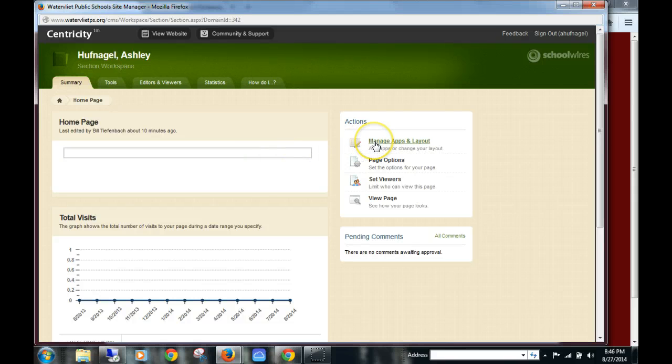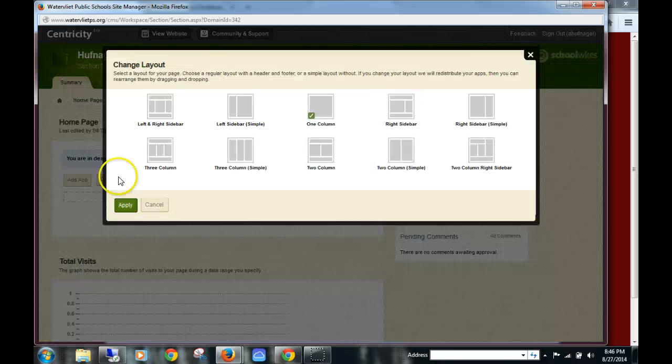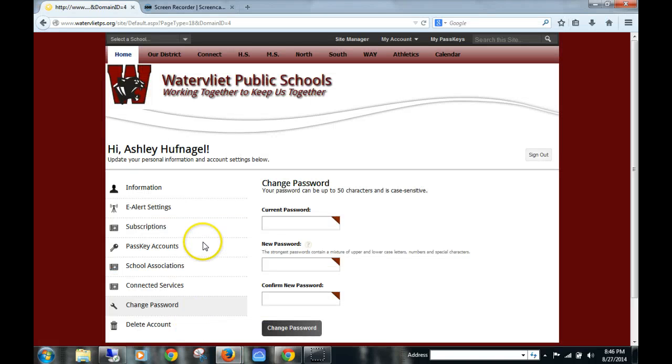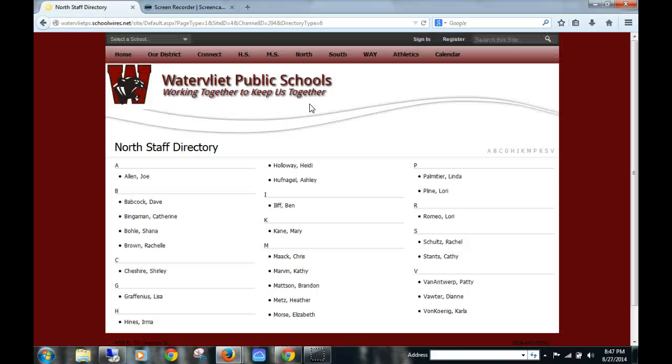We can go and manage a different layout by clicking this button here, and you see change layout or add app. So if I want to change the layout to maybe a 2-column or possibly a 3-column or any of these other page layouts, you're more than welcome to do that. I have found that usually a 2-column or 1-column is probably best. The other ones get a little bit more complicated when you start adding apps, and then it changes the width of your actual page. And what I mean by that is, let me go to this person's website,